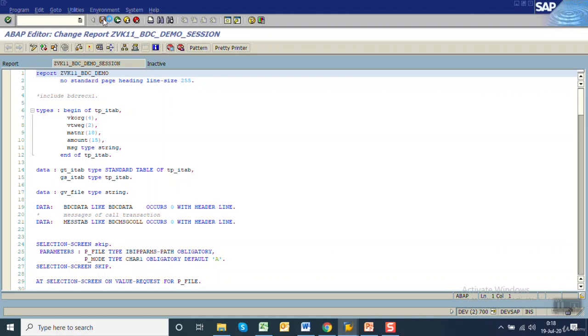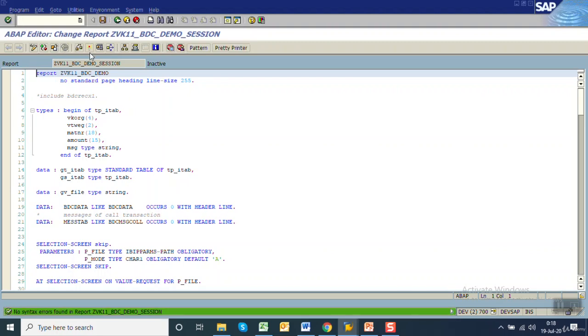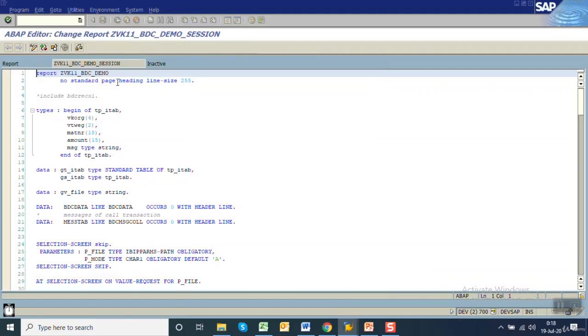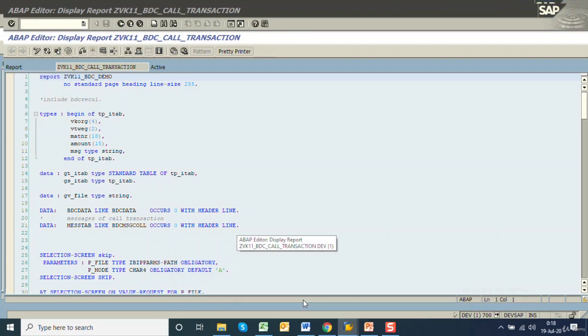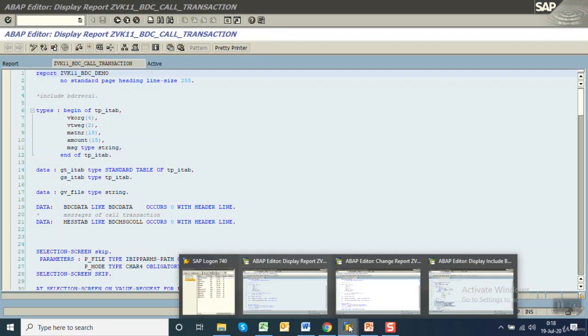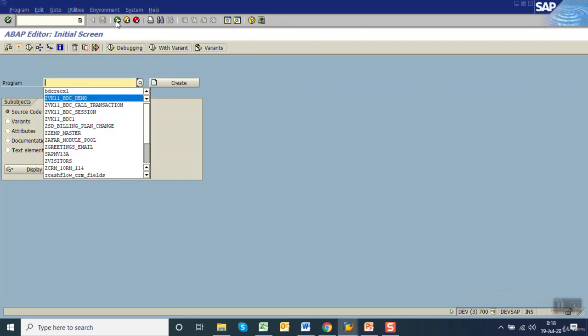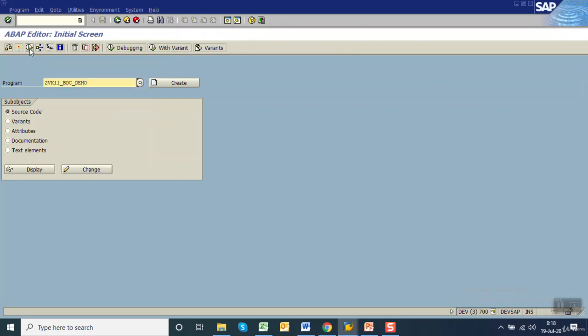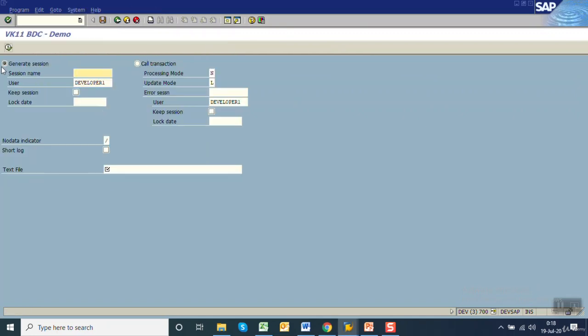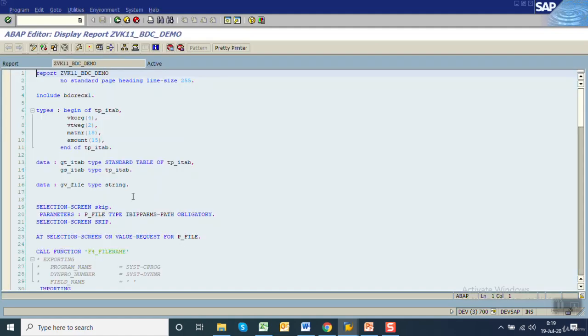Now before the call transaction in the standard program, we have seen that by default the system was giving us two options. One is the call transaction and the second one was the session method. Let me open our very first program. With this program we were able to generate both the methods. In the last one we simplified it for the call transaction. Now we'll go for the generate session method. For the generate session method we require